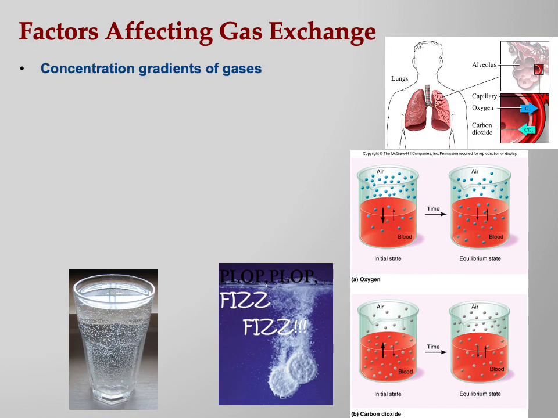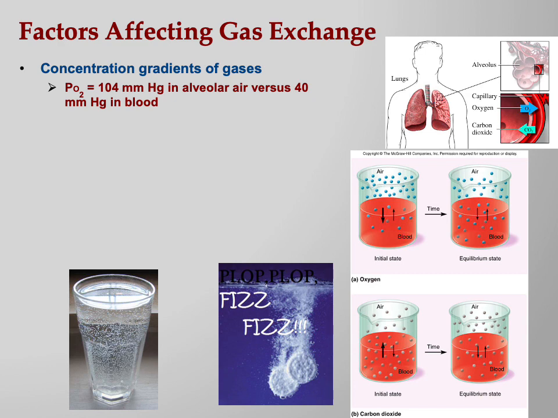So factors affecting gas exchange, concentration gradients of gases. So the partial pressure of oxygen, 104 millimeters of mercury in alveolar air versus 40 in blood. This is what I was saying on the last slide. So think about it. When you breathe in air, the air needs to go into your blood, right? Well, the oxygen in the air you just breathe in has a partial pressure of 104 millimeters of mercury. The oxygen in your blood, because it's relatively poorly dissolved, is only 40 millimeters. Remember,